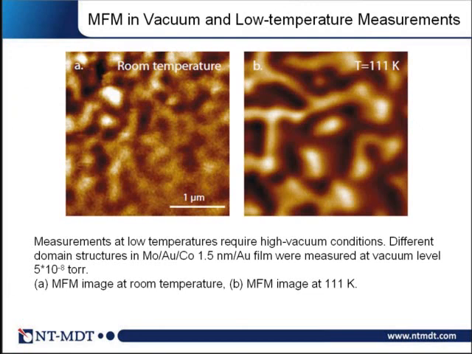So you see here an example of measurements at room and low temperatures, and you see clearly a difference between two pictures measured at room temperature and low temperature, and there are two contributions to this difference. First, this contribution is obvious, as we already discussed, that working in high vacuum you increase the Q factor of your cantilever, and therefore the signal to noise ratio is improved. The second